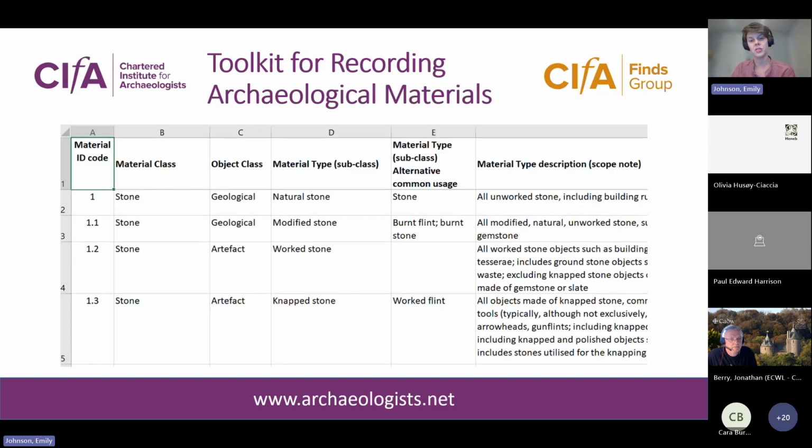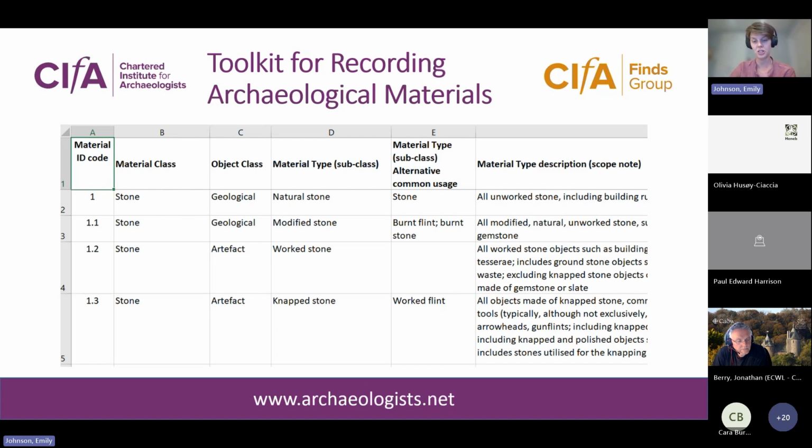Here is the main resource that comes with the toolkit for recording archaeological materials. It's a materials word list that's offered as universal terminology that will enable access to finds records for all projects using this toolkit. So each material ID code is comprised of this material class, object class, and material type. And then you get this material ID code here. And these codes are really intended as a reference only. So this isn't something you'd write on your archive bags, for example, as a finds label. It just helps align different organizational practices with a centralized list and also with future